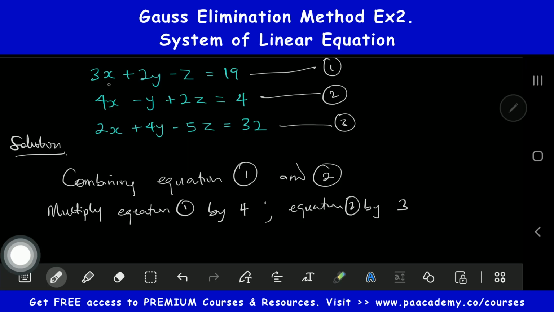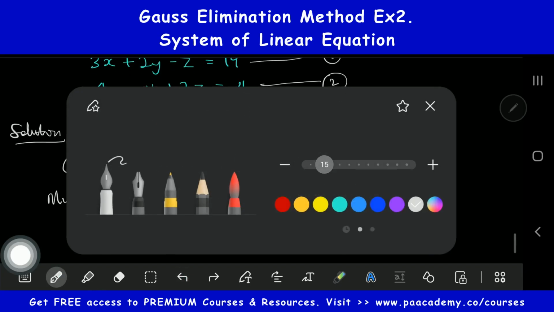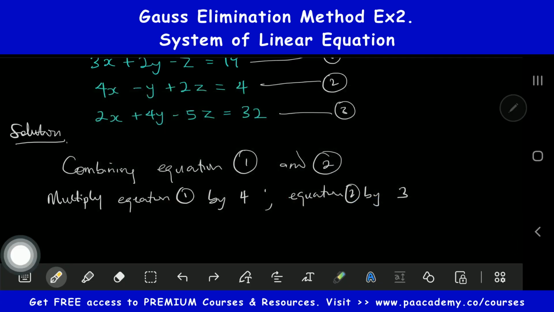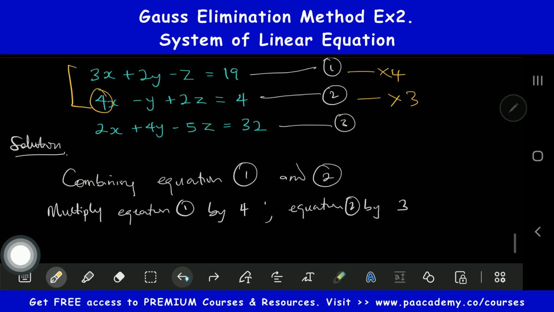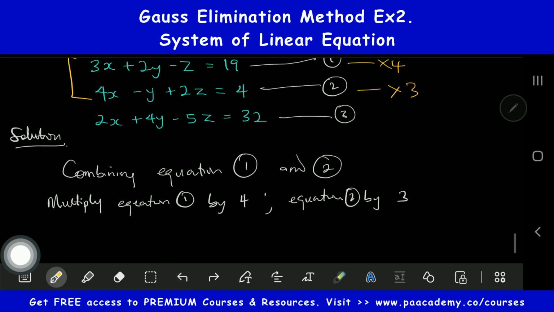What we are trying to do is to be able to cancel out this x here. So let's see what it will look like. If you multiply equation 1 by 4, we multiply everything here by 4, and we multiply everything here by 3. Basically the concept is, since we are combining these, you use this value to multiply everything here, and then you use this value to multiply everything here. That's the simple logic behind what we want to do. So in doing that, we are going to be having